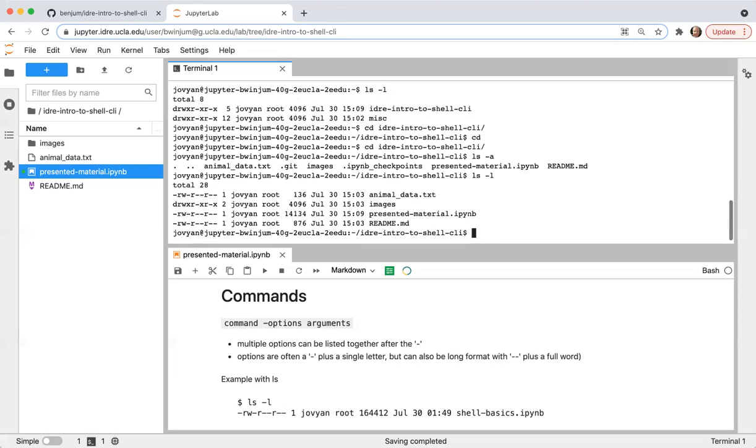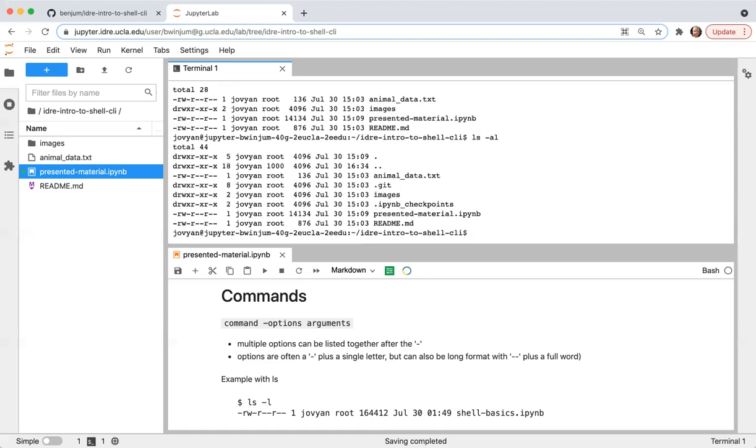ls and -l will give me a more verbose description of the information about the files and folders that exist in the system. And I can combine the two by just typing them both together after the dash. So with the dash a and l, this will use the option for both listing all of the files as well as doing the long format for the files.